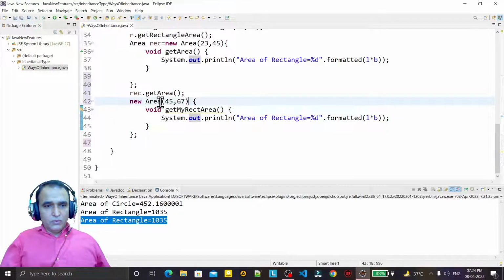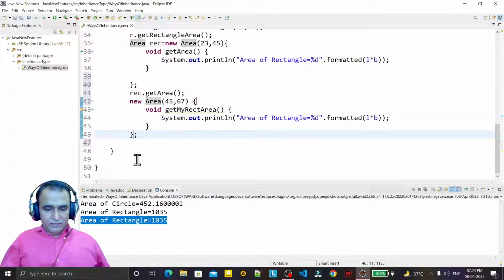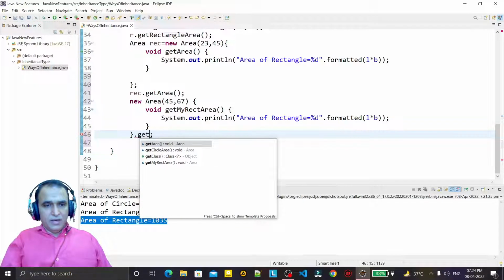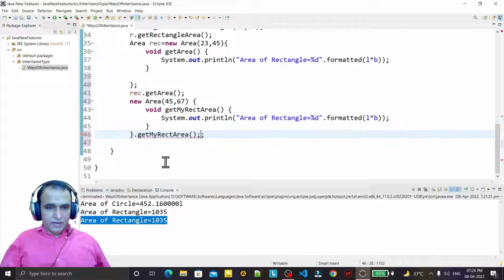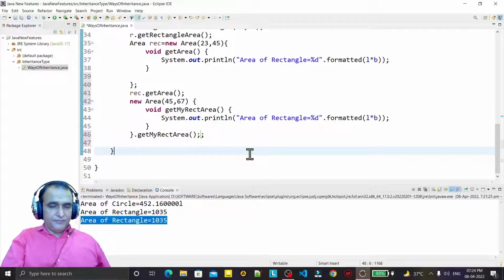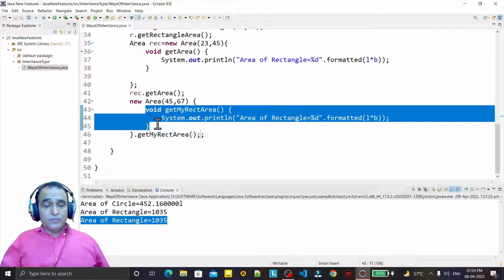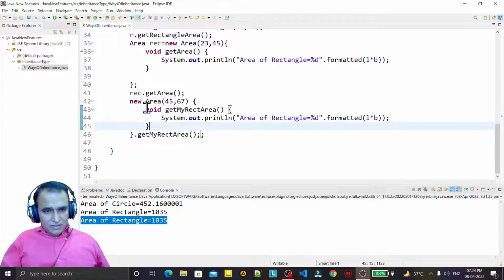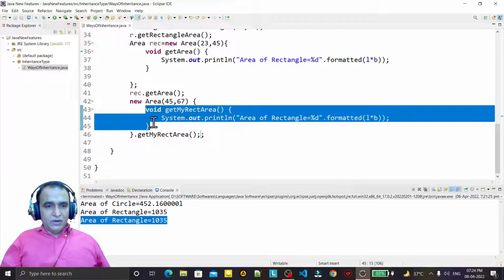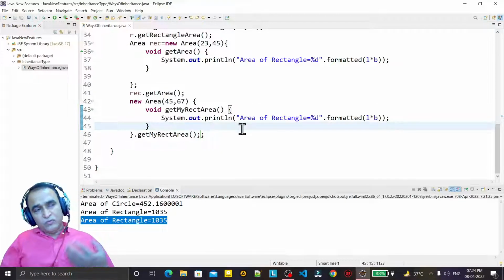Now what I do, I call it here, get my rect area. Remember that, save it. So I created a new function, and that function is also like we do in inheritance, we create more functions in the subclass and we can access those.